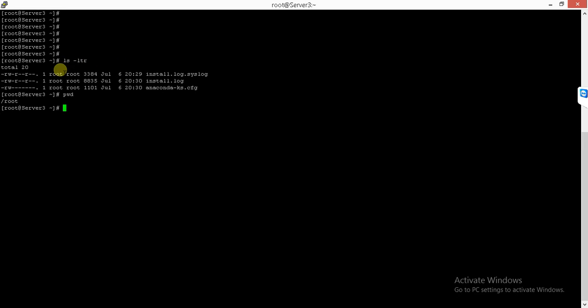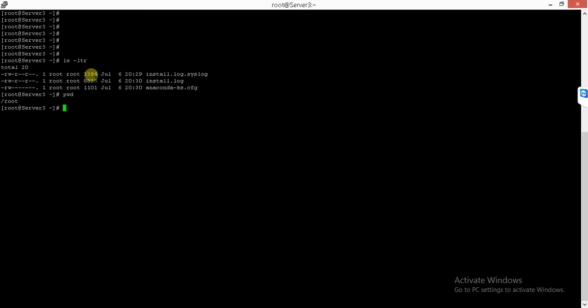You can view these three files by using the command ls -lrt. The first parameter, which is read write, is for the user, the next is for the group, and the last is for other users. These are the three parameters on which your file depends. It depends upon the permission which you give to the file, and the ownership. This is the user, root, and it's given ownership as root.